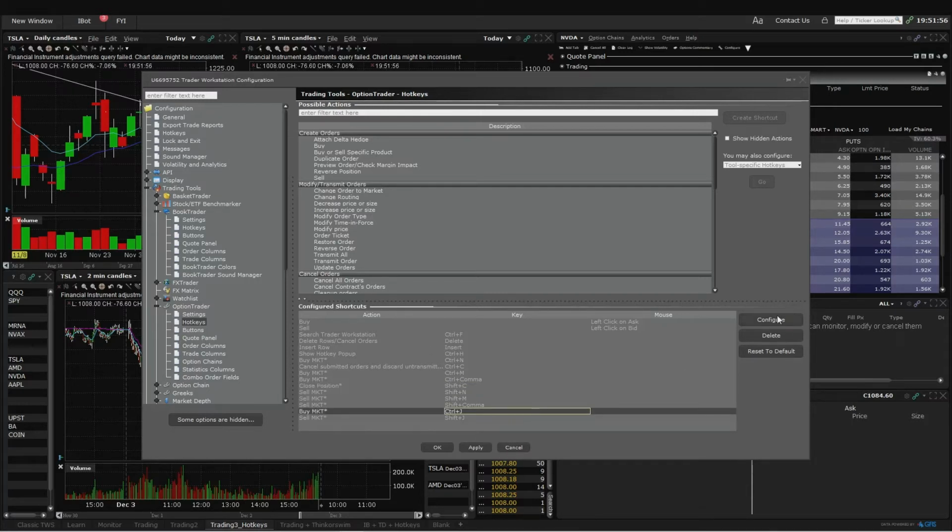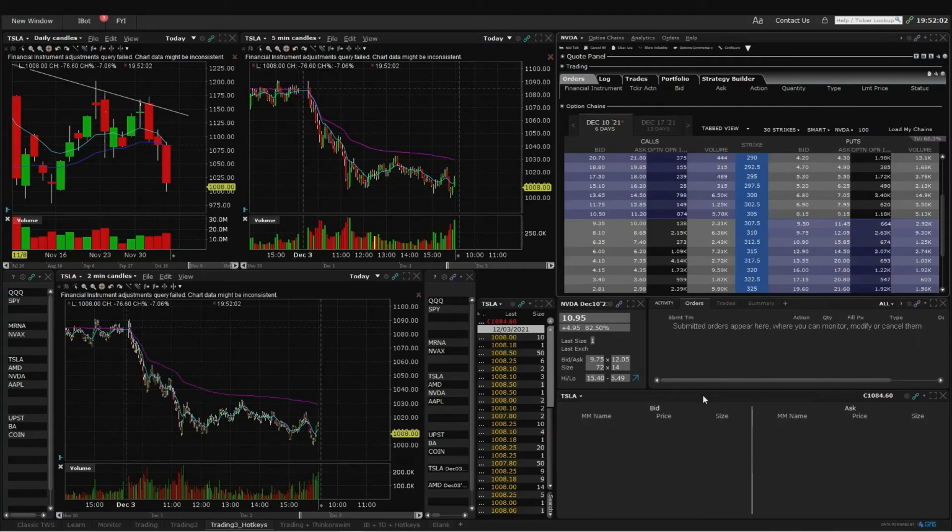And let me delete these two, since I might forget and use them. Five is not my usual number. So that's how you set it up for option trader. But to enter, if you want to buy one, two, three, or four, whatever it might be, you need to select, in the option trader window, that particular strike price.